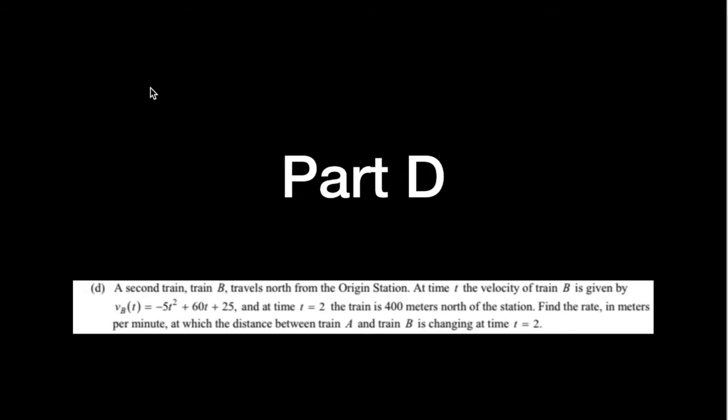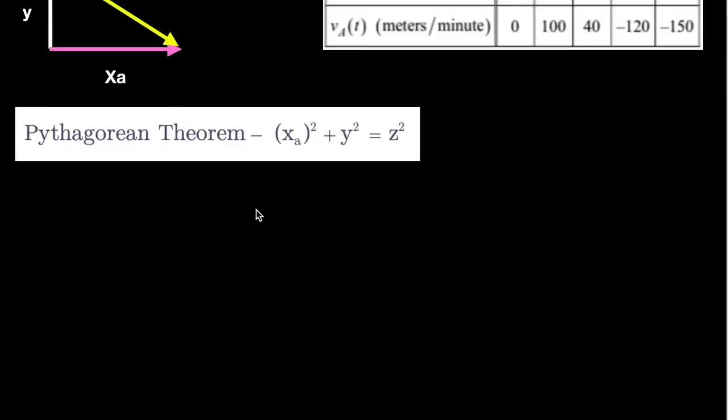So part D is saying a second train, train B, travels north from the origin station. At time t, the velocity of train B is given by v sub b of t equals negative 5t squared plus 60t plus 25. And at time t equals 2, the train is 400 meters north of the station. Find the rate in meters per minute at which the distance between train A and train B is changing at time equals 2. So in this situation, I put x sub a to represent train A and y to represent